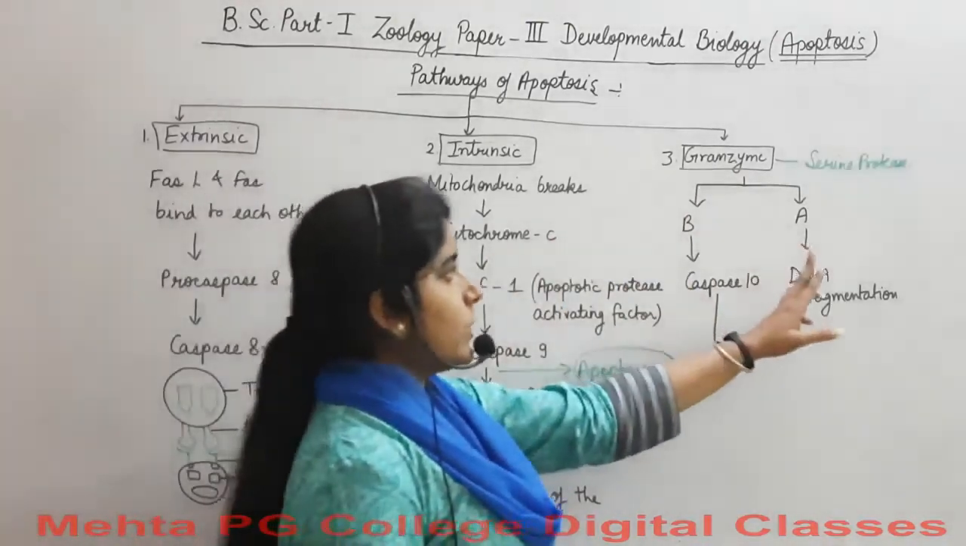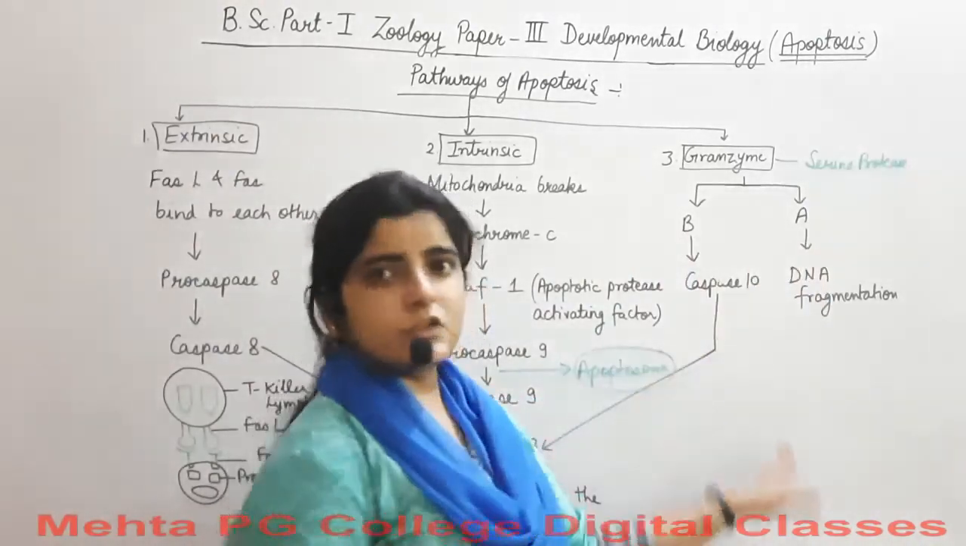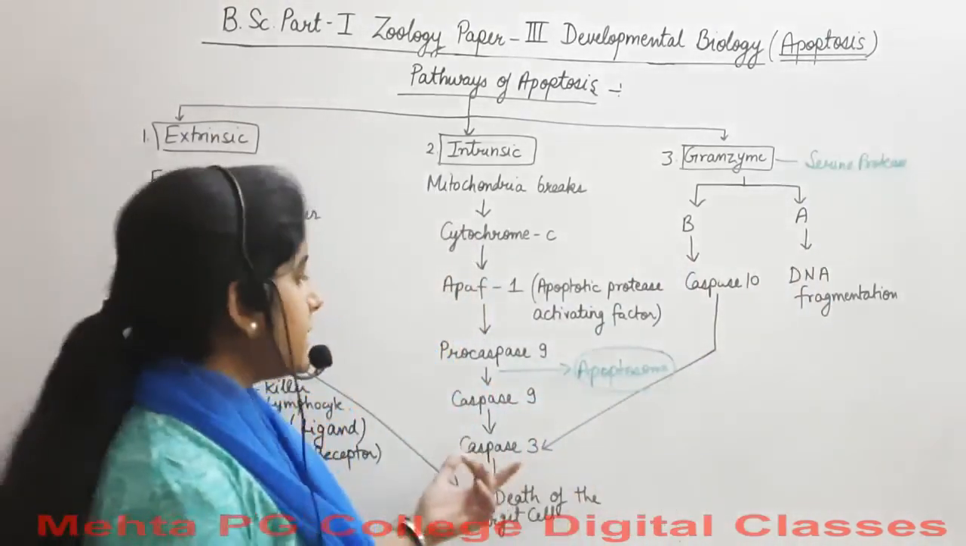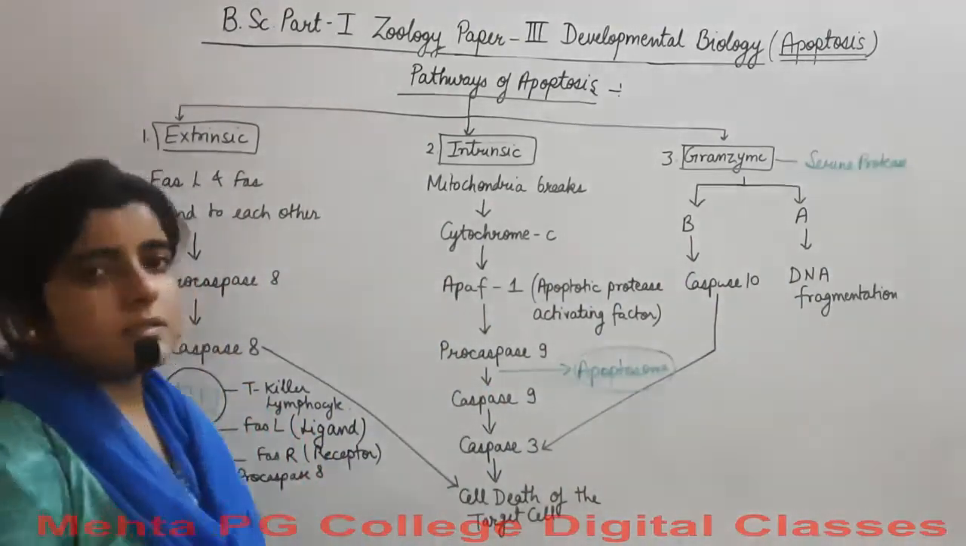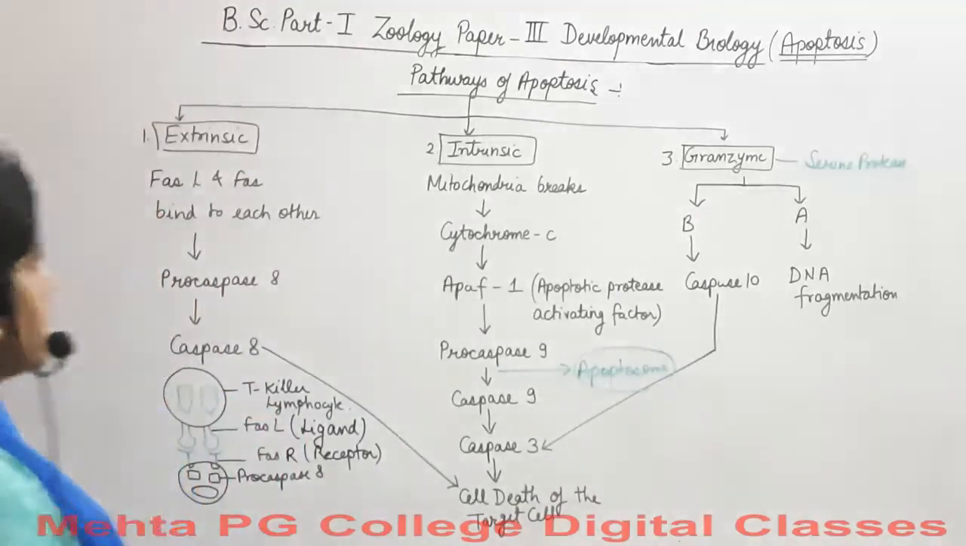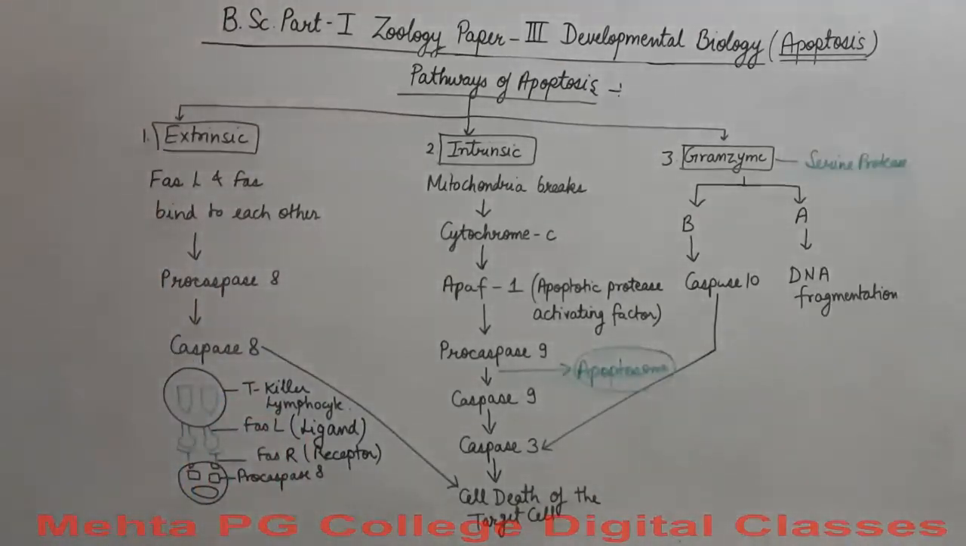They can be of two types. Granzyme B leads to the activation of caspase 10 and further caspase 3 is activated, and as a result cell death occurs. So in this way there are three phases that occur, depending on the factors responsible behind